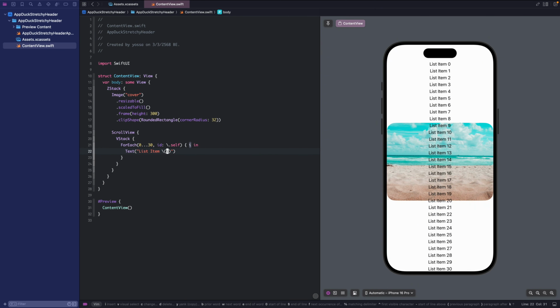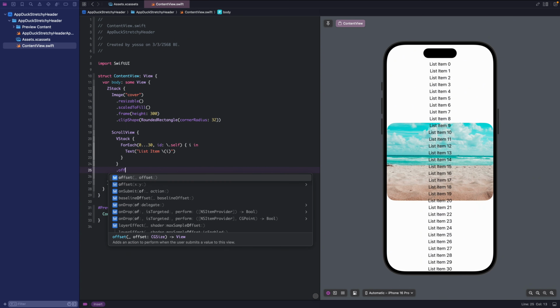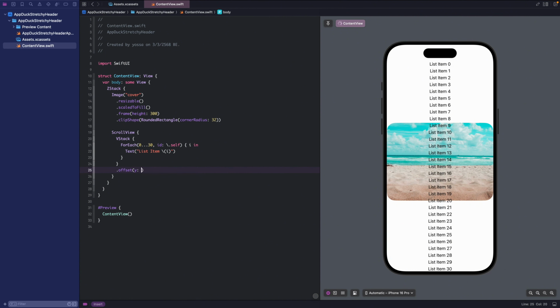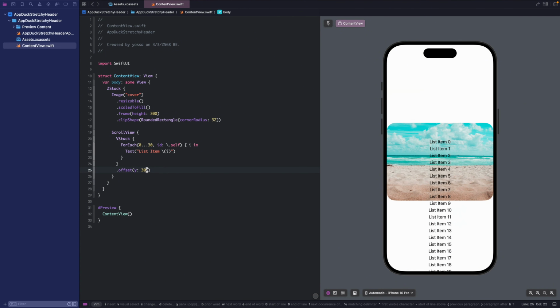Okay. Then we add Y offset to the content equal to the image height. And align them at the top.